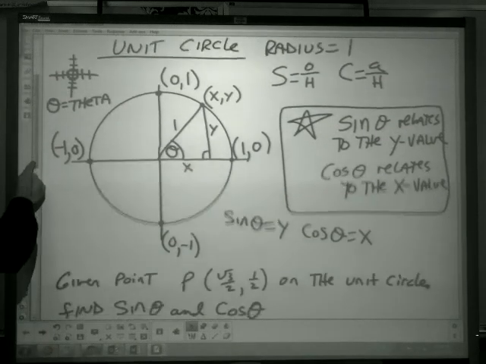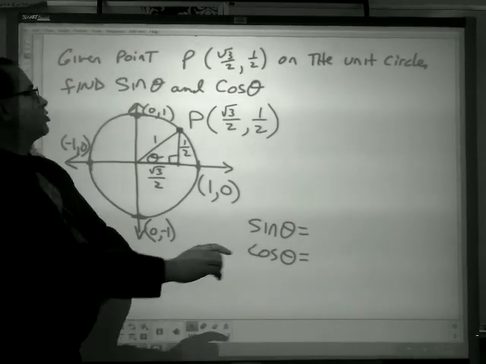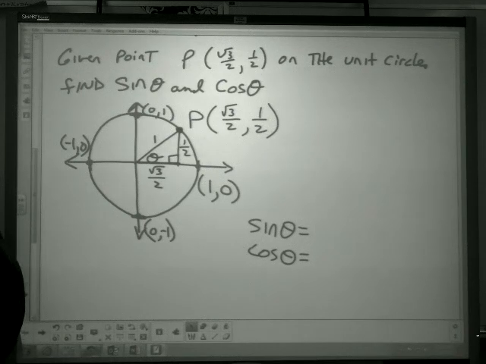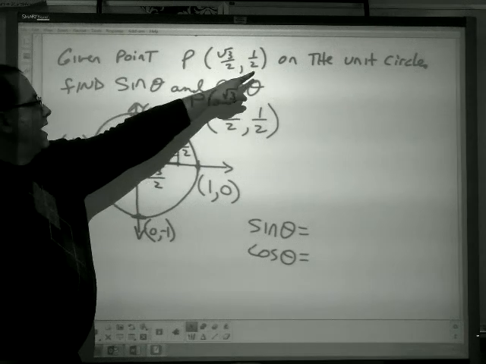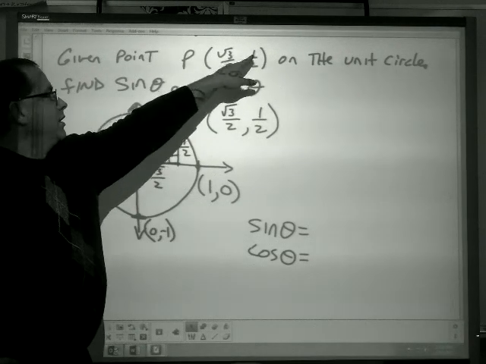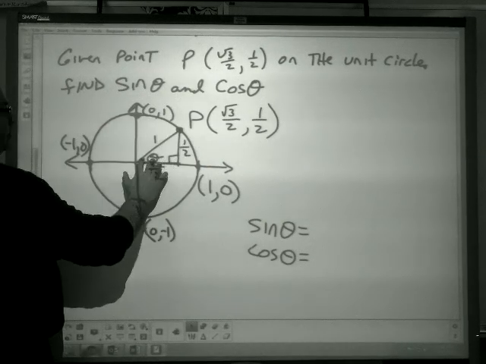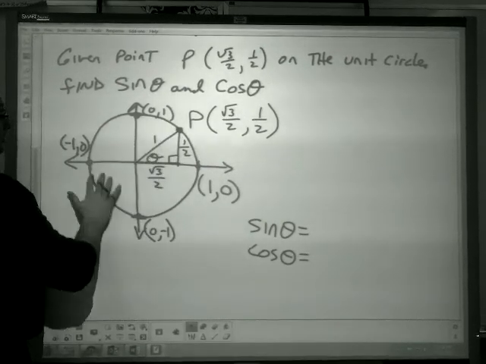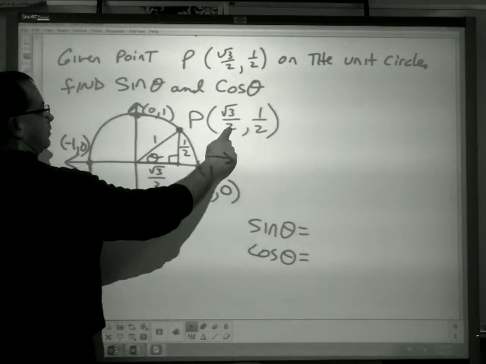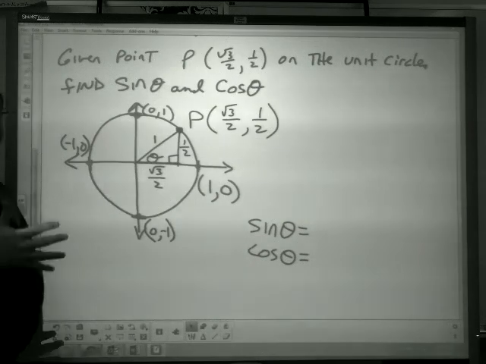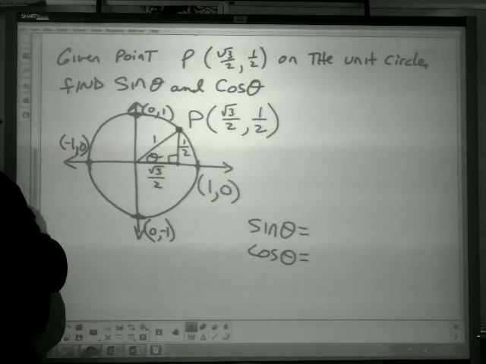All right, so let's take a look at a scenario. Let's say we have a point, square root of 3 over 2, comma 1/2, on the unit circle. Find the sine of the angle and the cosine of the angle. Well, first of all, these are both positive, so I'm in quadrant number 1. So I plot my point on the unit circle again. So here's my unit circle. My point is radical 3 over 2, comma 1/2. That's what was given to me. So I know that the x value is radical 3 over 2, the y value is 1/2.